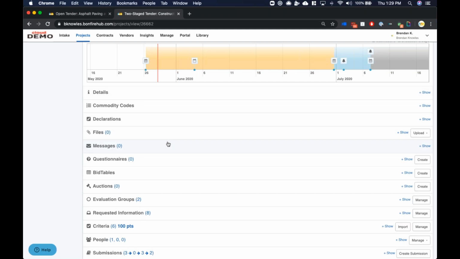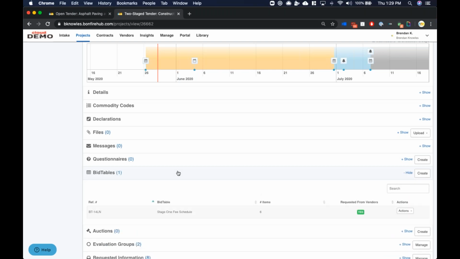Now, one of the ways that you can leverage Bonfire for perhaps more bespoke or complex tendering processes is through the use of what are called bid tables. And we've actually just released a new feature called inline vendor submissions, which I'm going to demonstrate in a few minutes here. But effectively, a bid table allows us to aggregate a number of items that we're asking vendors to bid on. So in a tendering process, that could be things like the general pre-construction fees and preliminaries. In other opportunities, it could be things like catalog bidding or commodity good bidding.